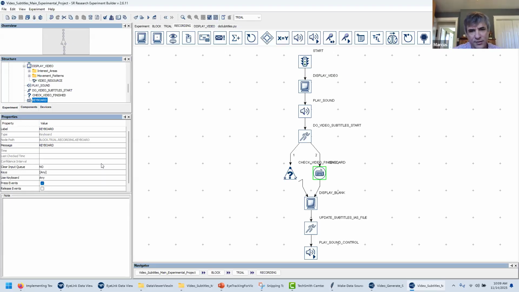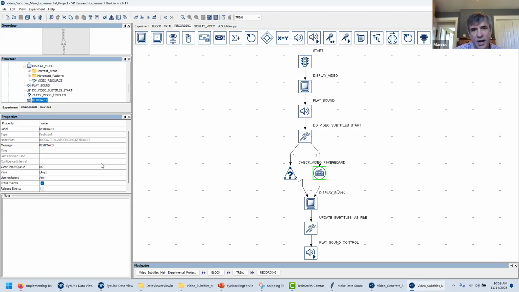Like the one-liners are simpler, you know? So maybe wait until you get to a two or three-liner and then just end it. Then you can just press Control-C to end the whole experiment and not go through the rest of the videos. And then you'll have a data file that you can use to check the interest area alignment in